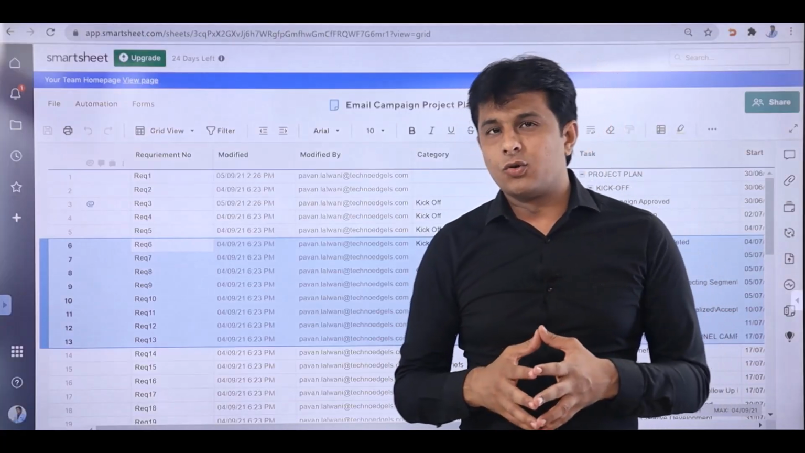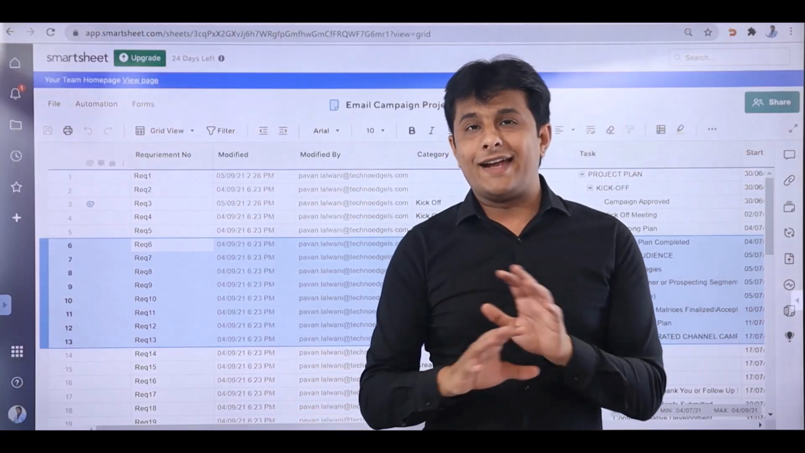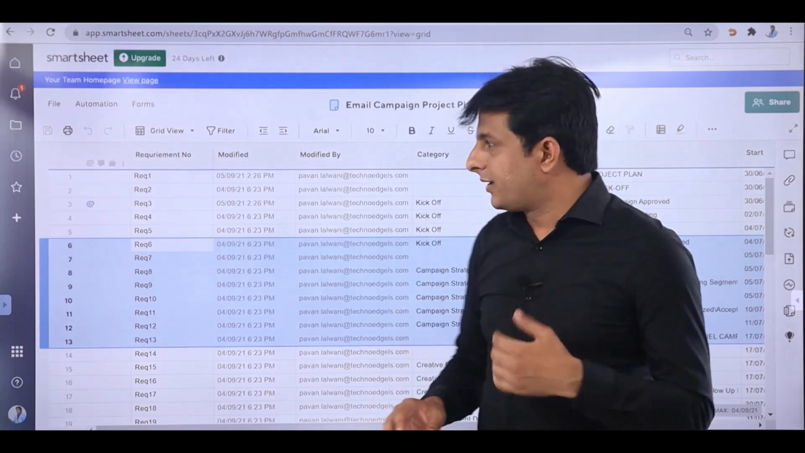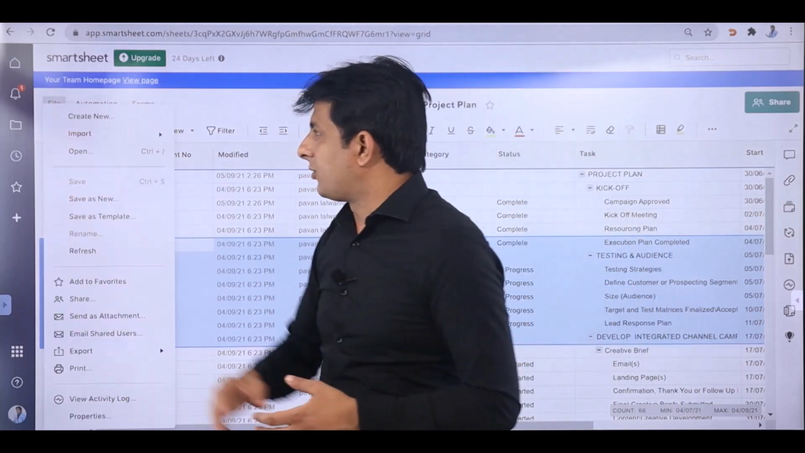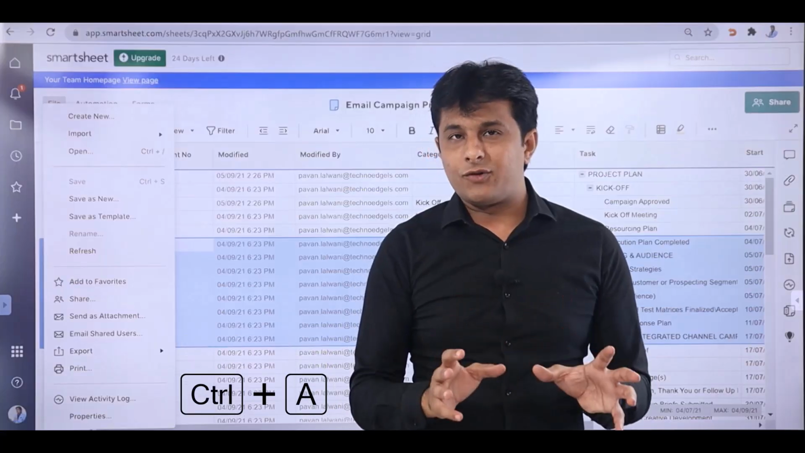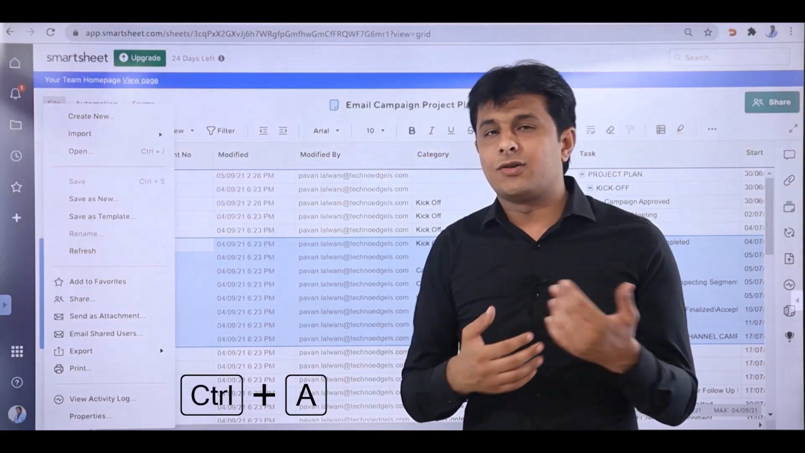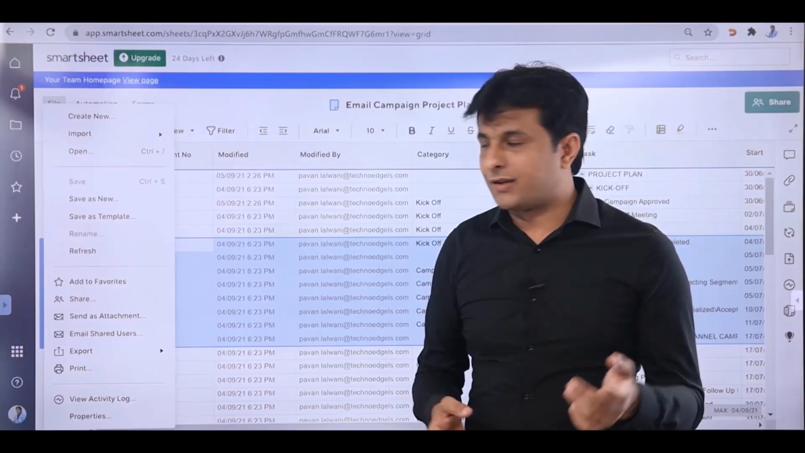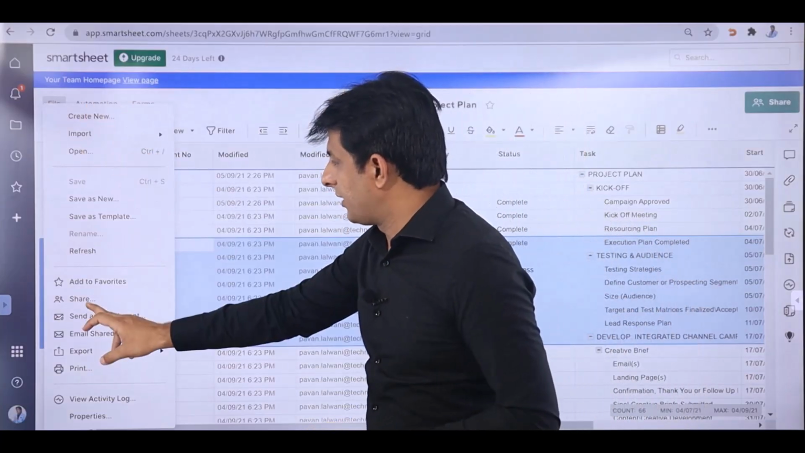Now sometimes you don't want to send some records, you want to share the entire sheet, the entire grid view. That time you can just click on the file menu bar. One method is Control A on the keyboard, that means select all, and then you can share. That is one method. The second method is you can just go to the file menu bar and there's an option